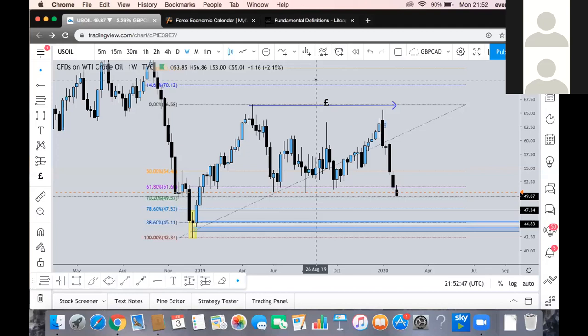I'm going to go over US oil to begin with. As you can see here, we did have some relatively equal lows that have been swept from today's opening session. So just by looking at the weekly time frame, I do think we can get lower prices in order to then get a bullish reversal. It isn't showing that it's ready yet. It has got a little while to go down.